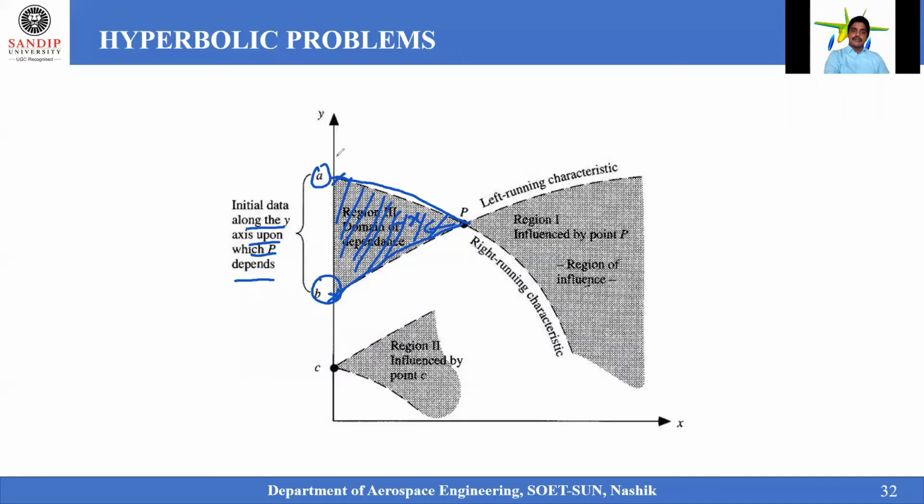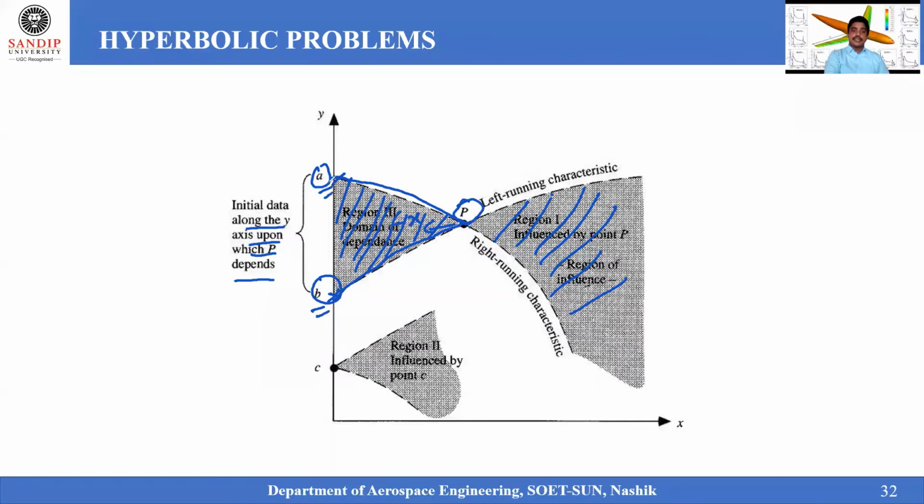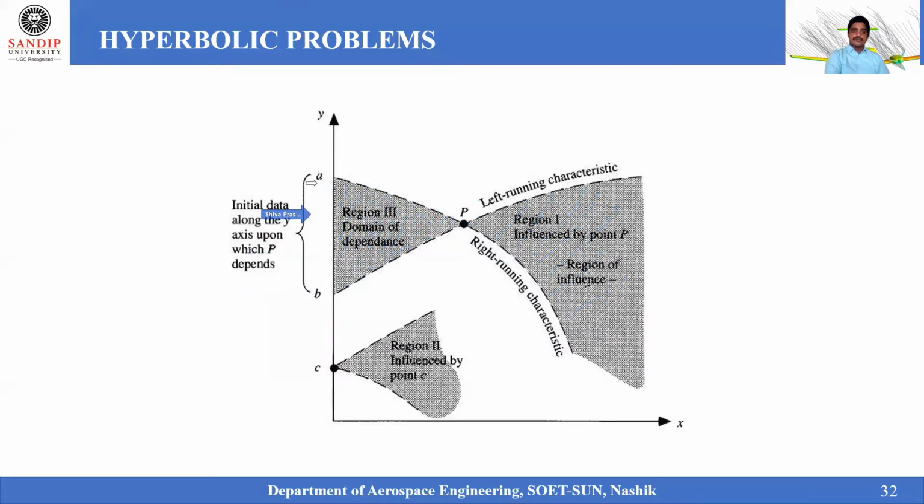So based upon your A and B values, this domain is dependent on how to behave in this particular case, and the point P is influencing the region outside this one. Here this is dependent on the points A and B, or on the Y plane where you are giving the inputs to this one. So that is dependent on the Y plane where you are dealing with.